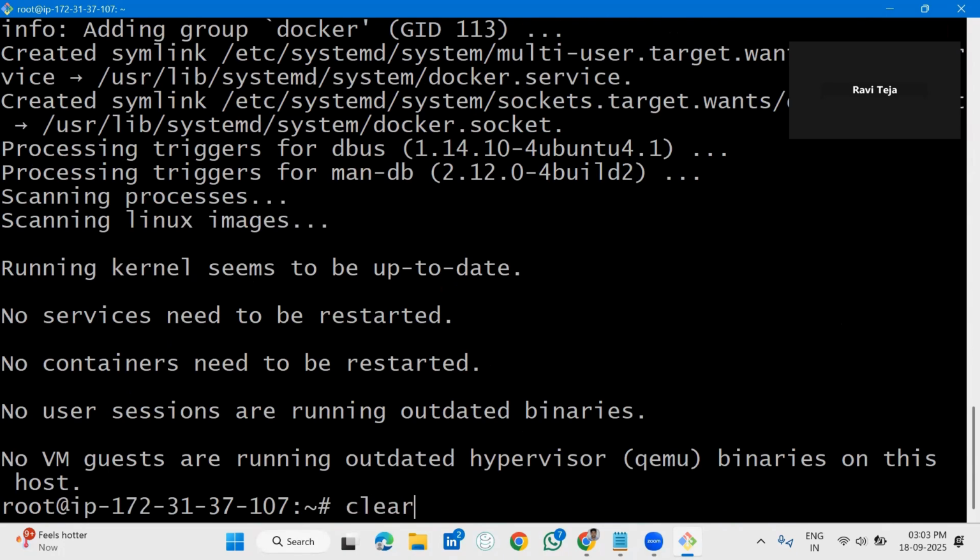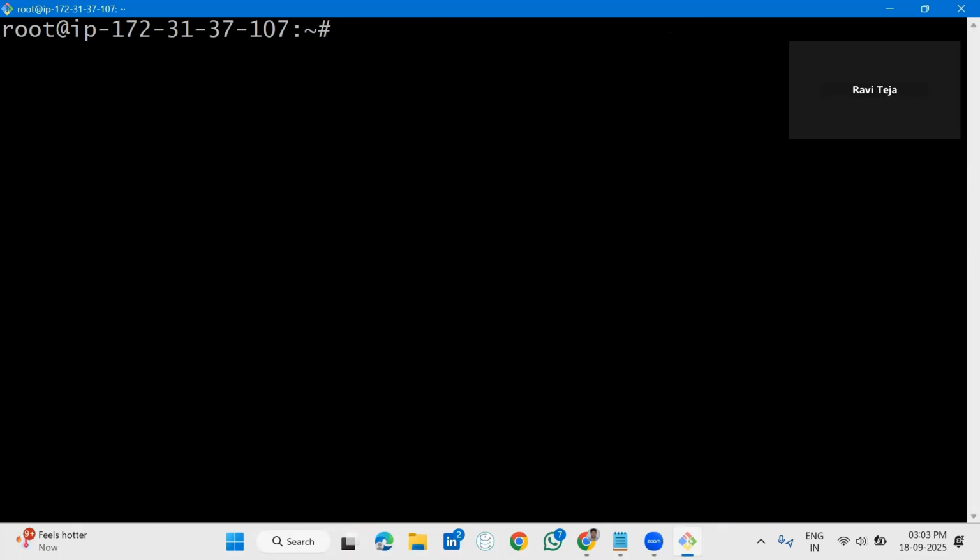Okay. Clear this. Now you have to say this command, which is docker run --name, container name, whatever name you can give for the container, and then -d -p. -d means detach mode, it's a backend running process. -p means port forwarding, which is the port that needs to work, 9000:9000, which is the SonarQube port number, and the image name